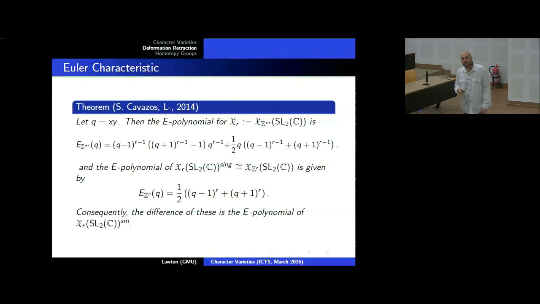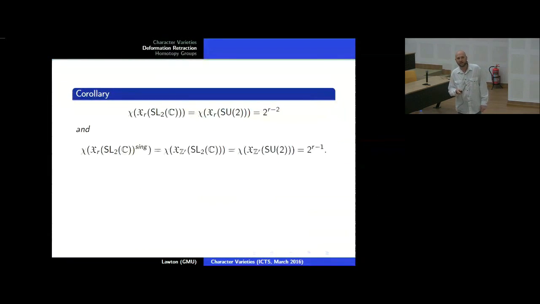The neat thing, though, is if you evaluate the E polynomial at the field of order 1, I mean, you plug in 1, then you get the Euler characteristic, right? It's not really a field of order 1, I mean, just plug in 1. But if it was a field of order 1, it'd be the number of points on. Okay, let's just forget that. Anyway, so you plug in 1, you get the Euler characteristic,